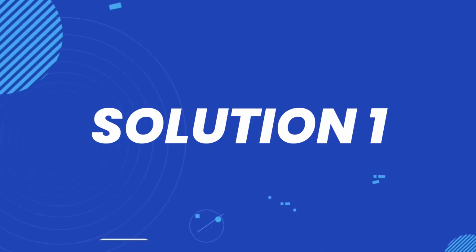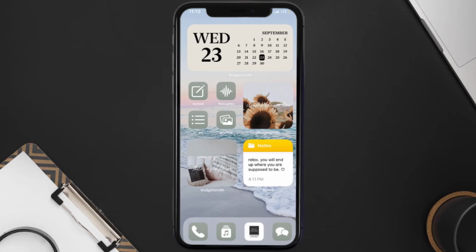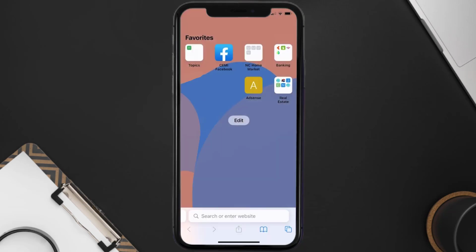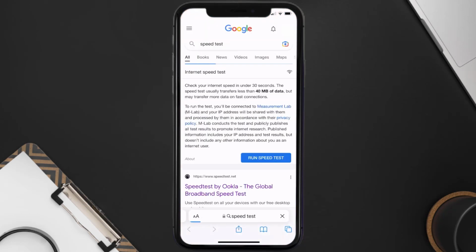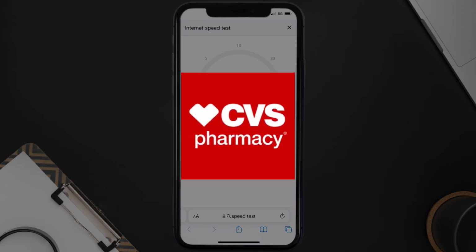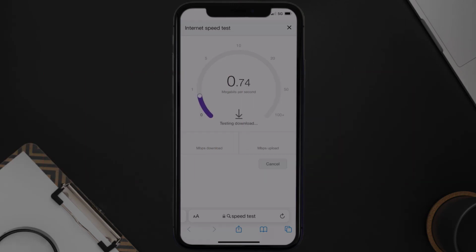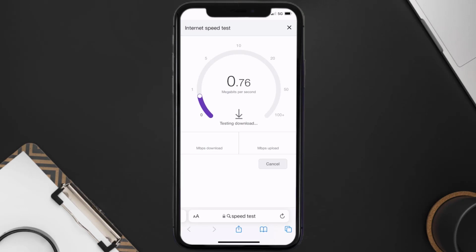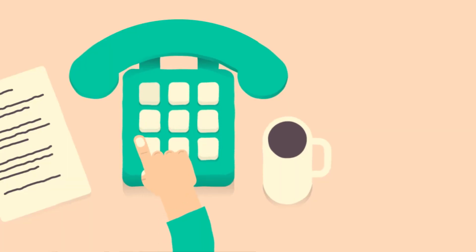So first of all, you need to make sure you're connected to a strong internet connection. Open up Safari browser on your mobile device and then search for speed test right over here. Here on this page, you need to tap on Run Speed Test. The minimum speed required for CVS App is usually 2 to 3 Mbps. So if it's anywhere near or above this number, that's fast enough. If your internet speed appears to be unreasonably low, then you may need to contact your internet service provider for